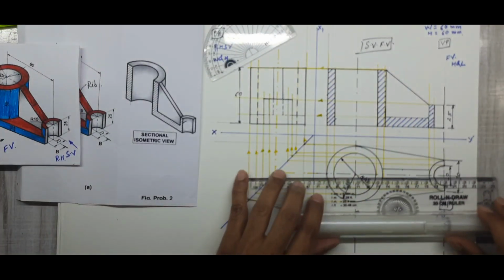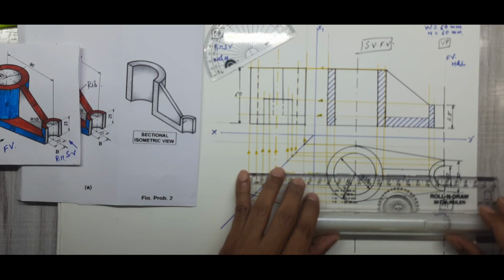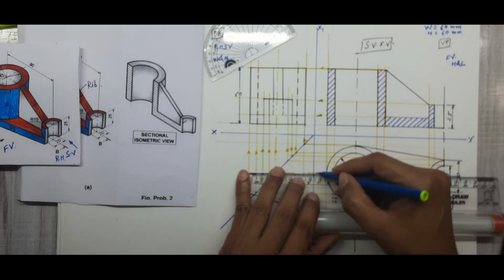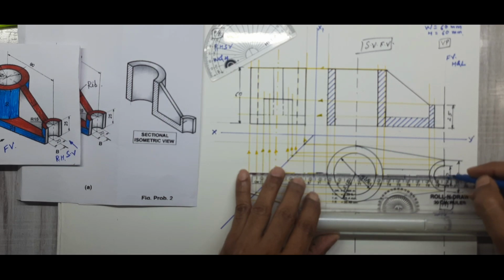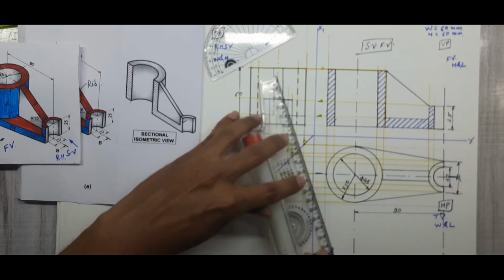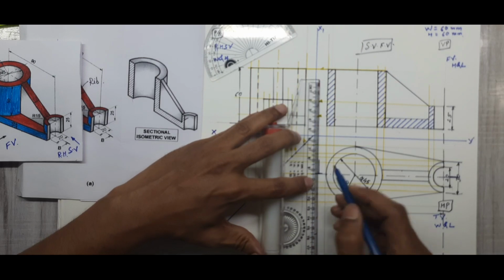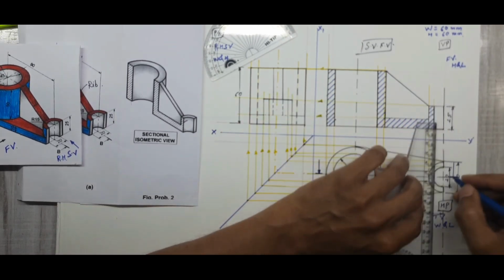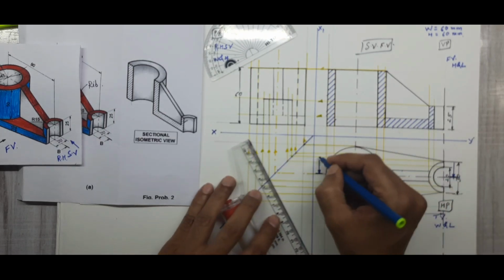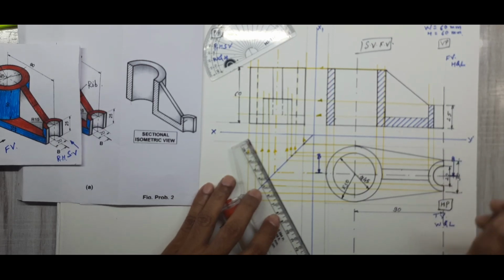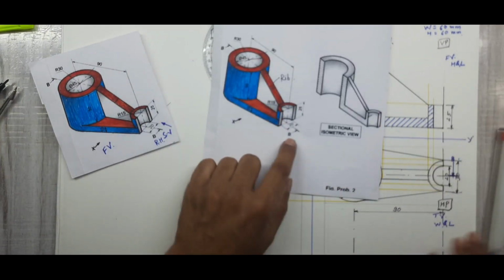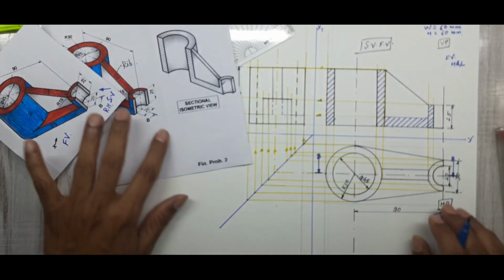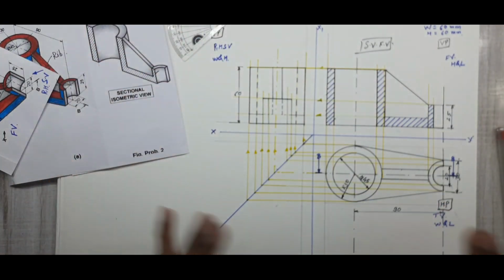And the cutting plane you can show in the top view. At the end it should be a thick line, here, and show the arrow. Here it is shown as BB, so I indicated it because in the diagram it is shown as B. So I think, students, you understood how I have solved this problem. Thank you very much.